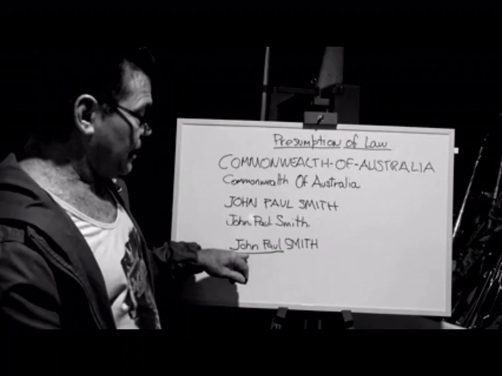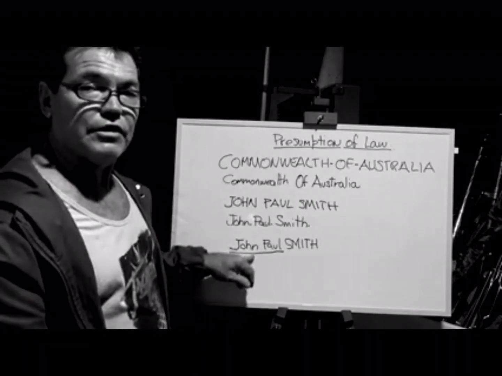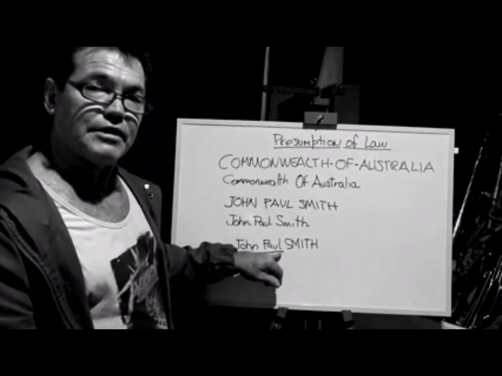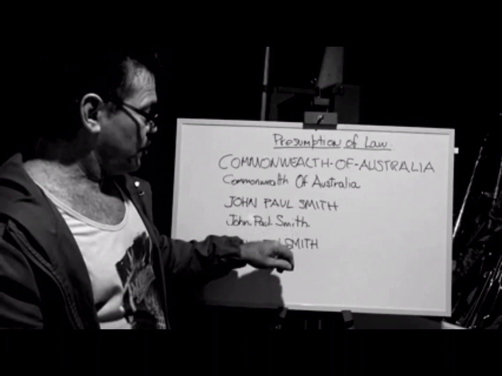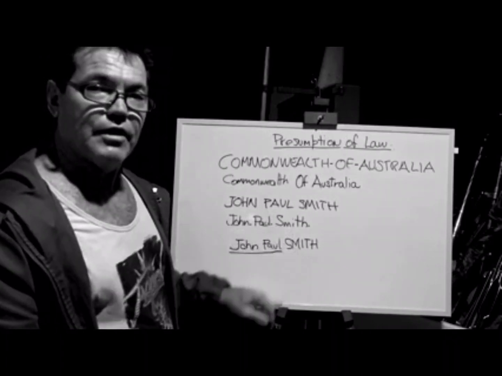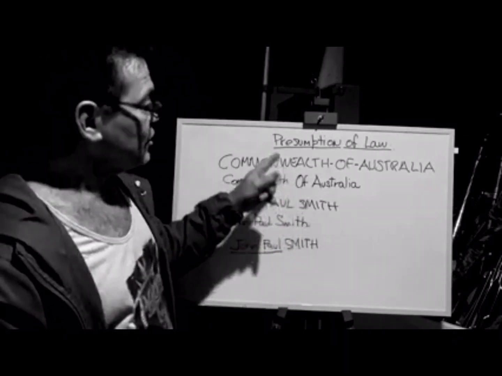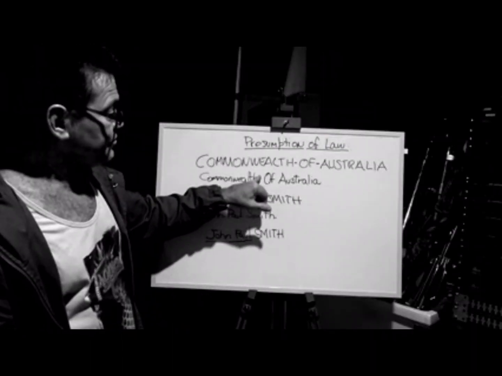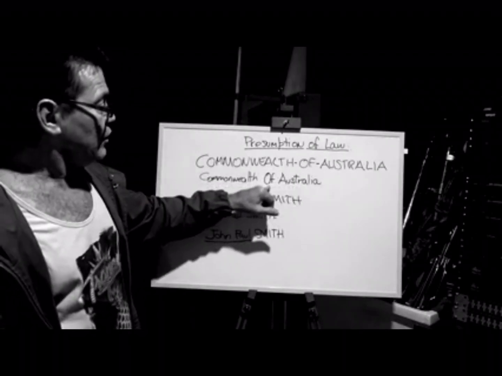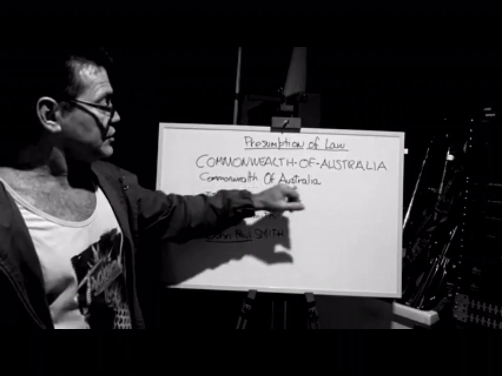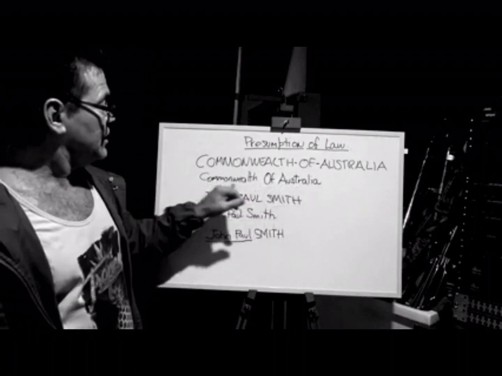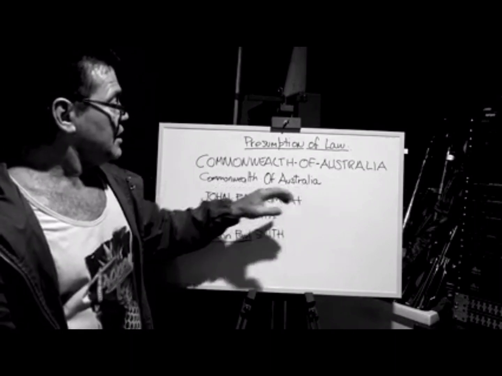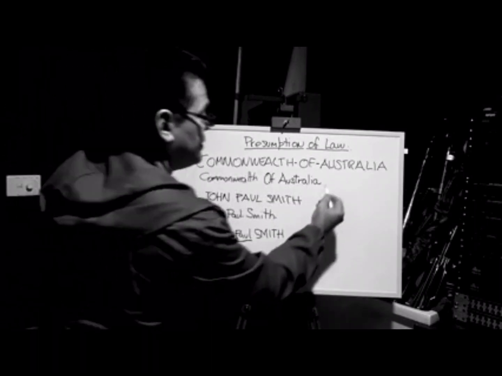And same with on your certificate, your birth certificate, your state birth certificate. There is no joinder actually on the name itself, but you've presumed that your name is John Paul Smith because you're ignorant to the grammatical rules of Latin and the grammatical rules of English. One rest constitutes a joinder of a name. So the one name, Commonwealth of Australia, with the capitalised letters, brings that into three words, Commonwealth and of and Australia, come together to form one name,